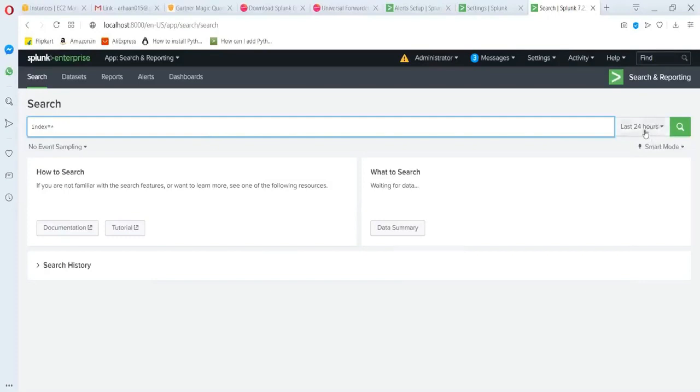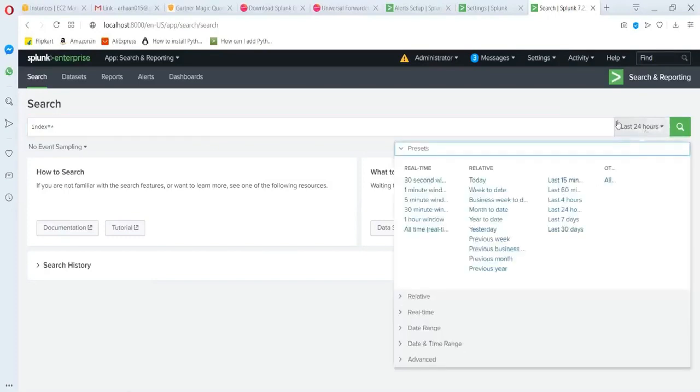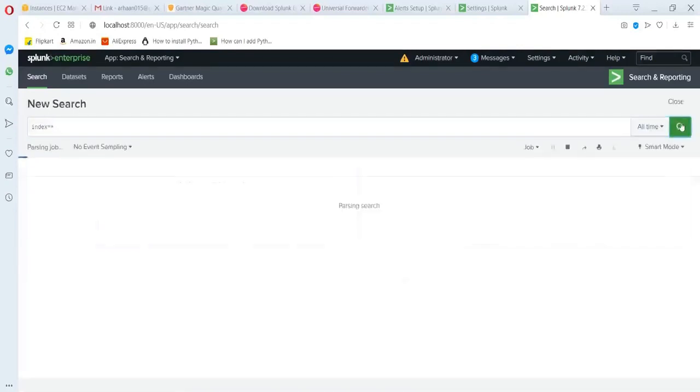Here is the time range. I will be selecting all time. If you want to search for a particular time range, you can mention the time range from here. I'm searching for all time. If I click on this,